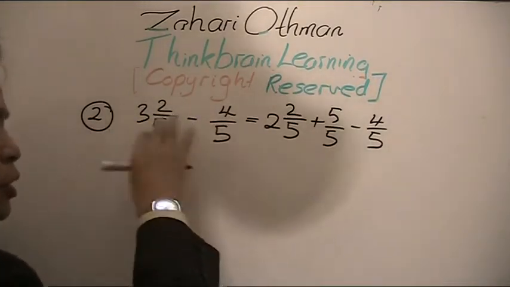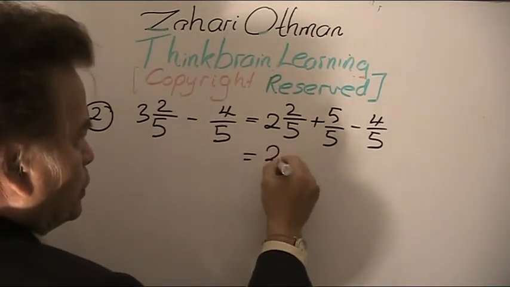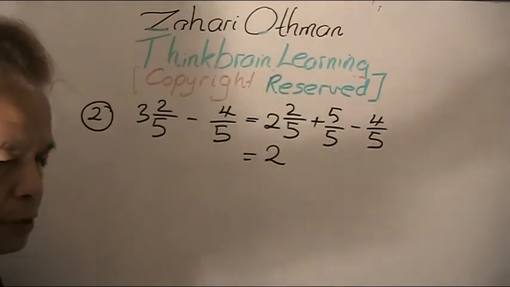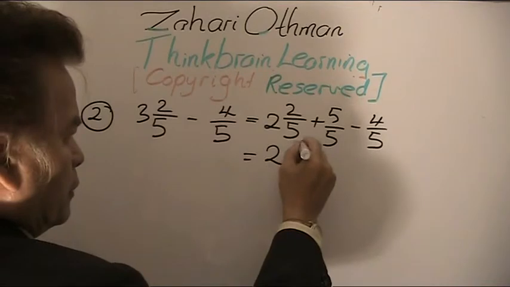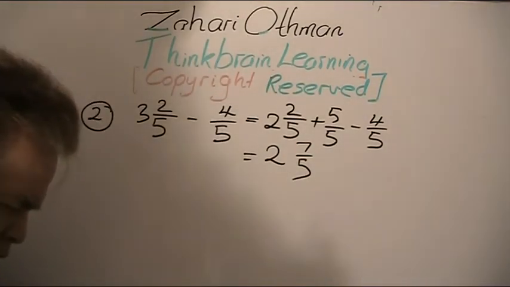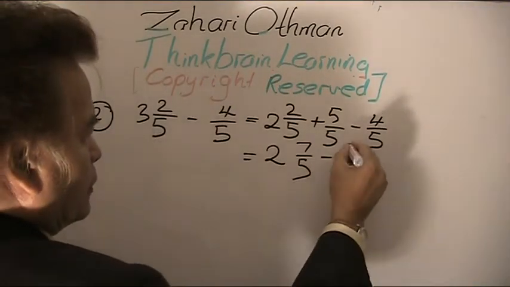That's the reason why you borrow, okay? So you have 2 plus 5, this is not plus, this is error. So 2 7/5, okay? 2 7/5 and minus 4/5,